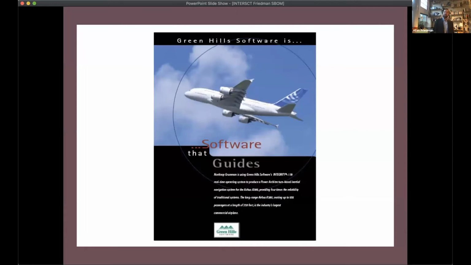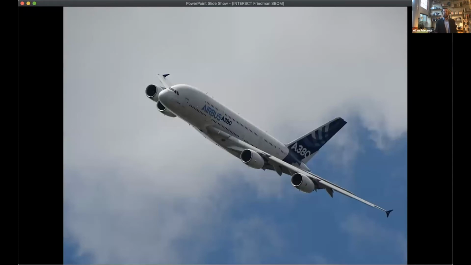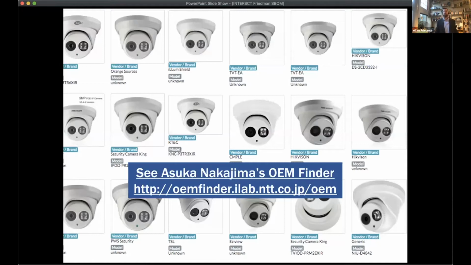Those in turn, one of them, Green Hills, is used by Airbus through a third-party software provider that contracted to Airbus. So this stuff is everywhere. And if we don't have a clean visibility in the supply chain, it's very hard to determine where these risks may be, even when they're in some of our most important systems. So you say, Alan, that's okay. Critical infrastructure is important. I'm just interested in the consumer side of things.